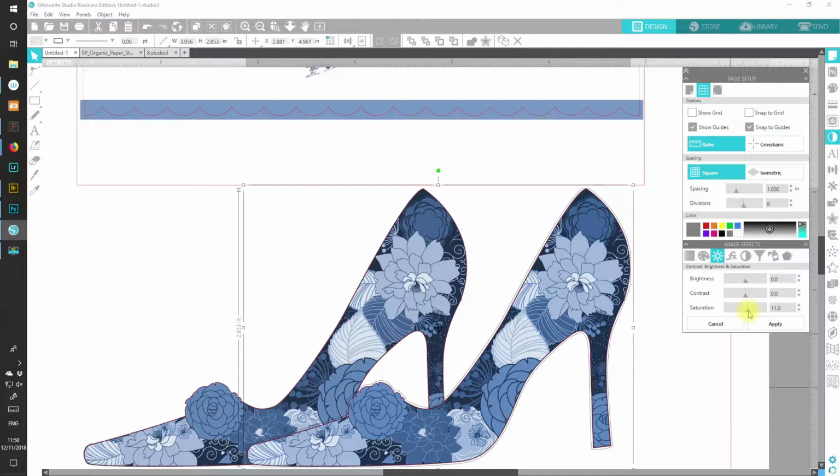Now, these sliders aren't particularly responsive, so you can use the little arrows at the side instead to go up by increments of 1 or down. You can also type exact figures into the box. So if I decide 11.5 is what I want, I can type in the 5 and press enter, and it will stay at 11.5. If I then use the arrow, it will go up by 1s again, and it won't go back to 11.5. I'd have to type it in, and that will be the same with all of these